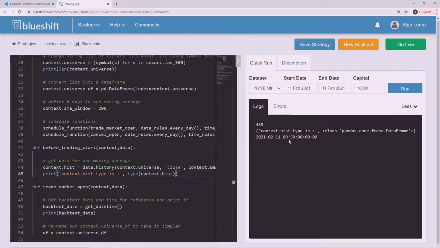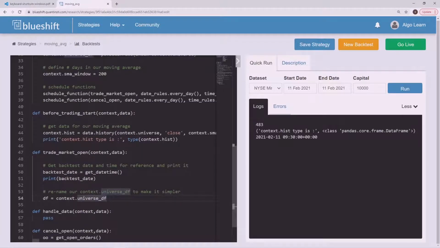So that just gets us going so we can see that we're moving in the right direction. So anyway,